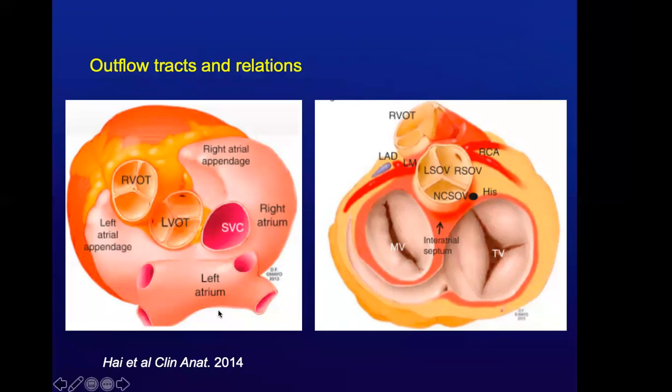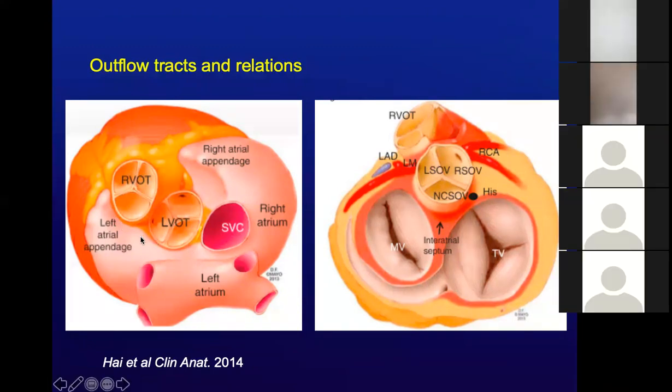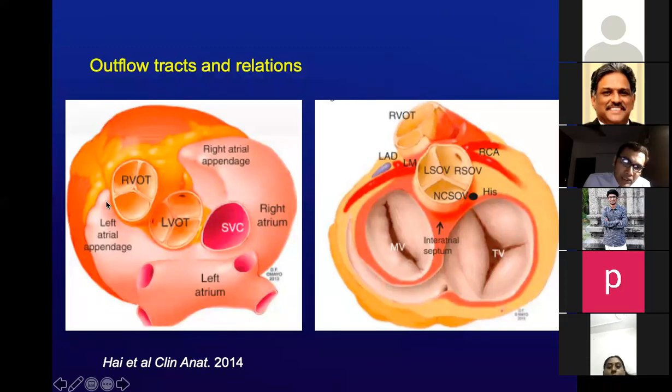Now, the left atrium is actually the posterior most structure here. You can appreciate that. This is the interatrial septum right here. And the left atrium is so posterior. The only anterior part of the left atrium is the left atrial appendage. And contrast how the left atrial appendage is a separate pouch as compared to the right atrial appendage.